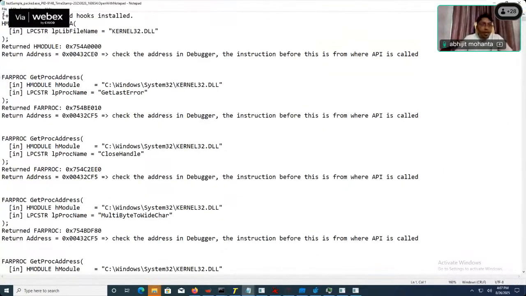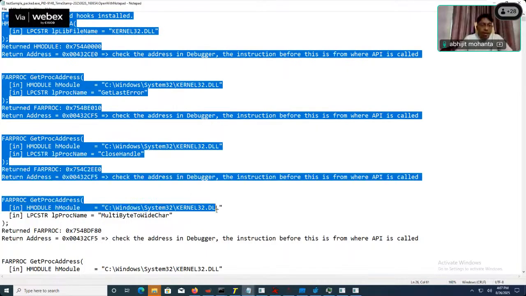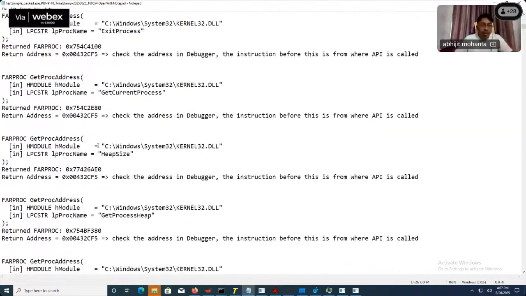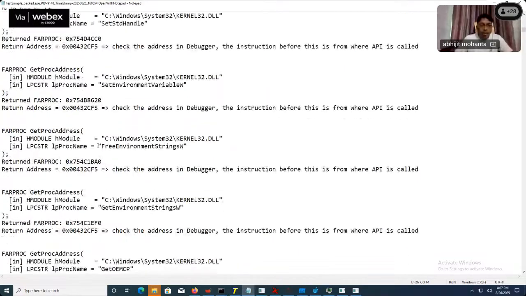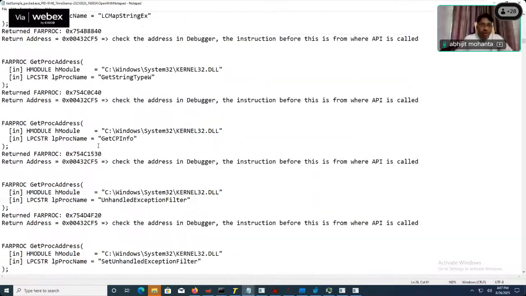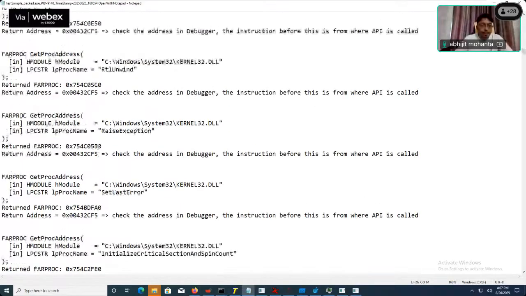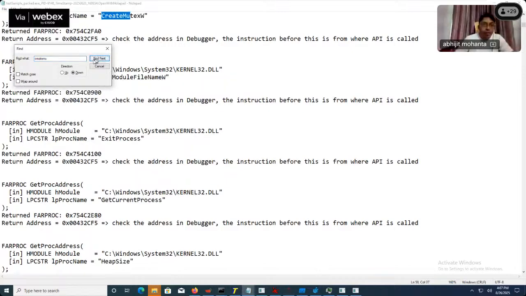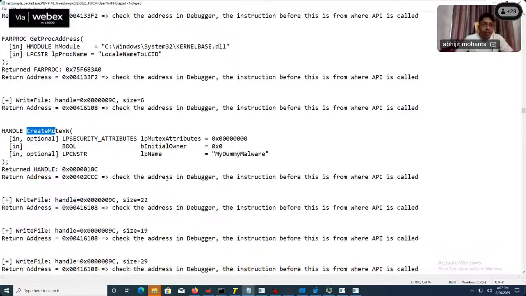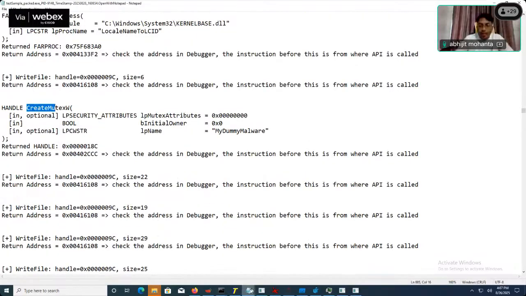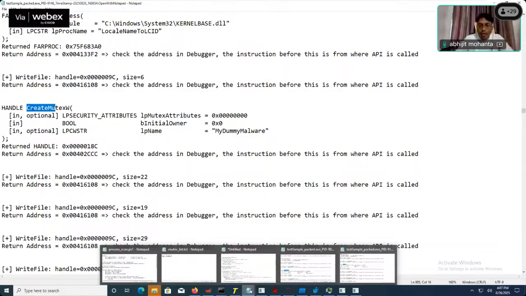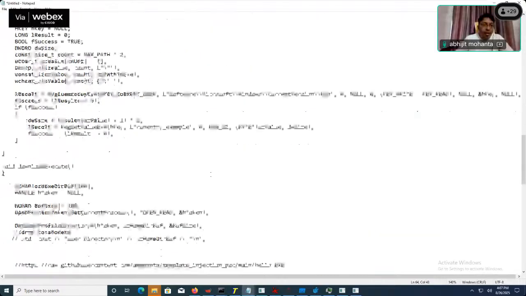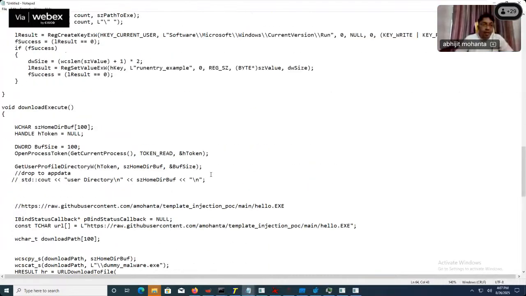Many of the APIs are called by the code inserted by the compiler, and since I have packed it, some of the APIs are called by the packer code as well. Apart from that, if I compare my code with the API logs, this is my source code. If I go to my main function and look here,